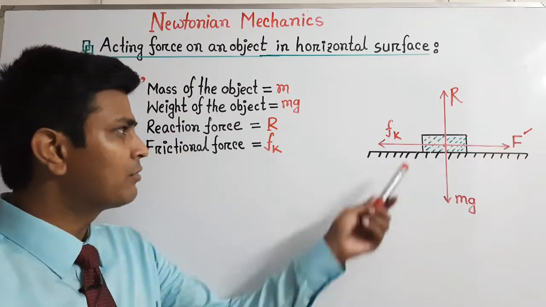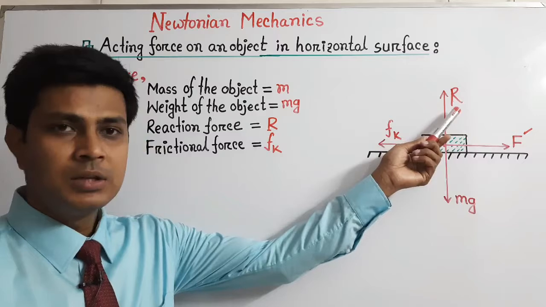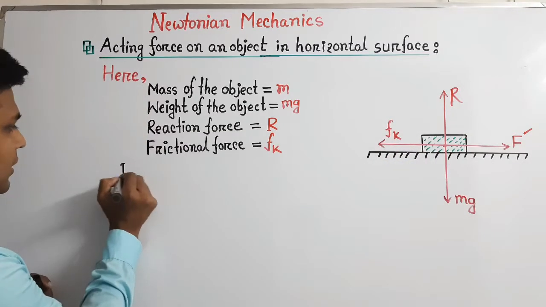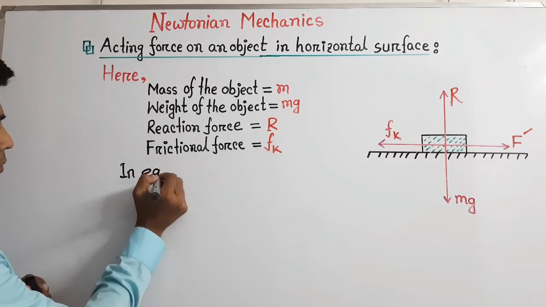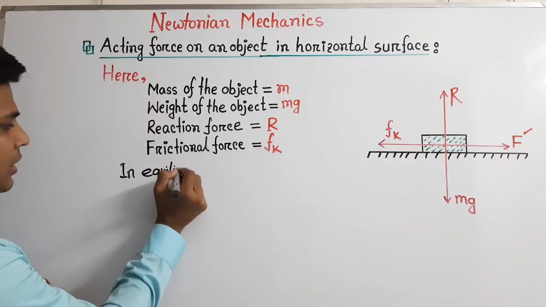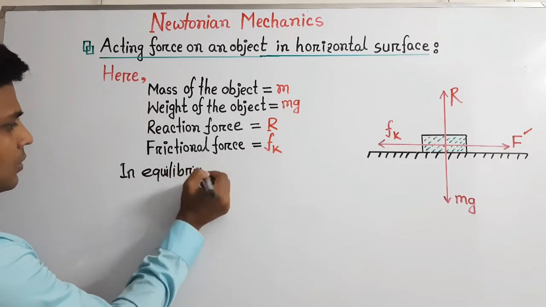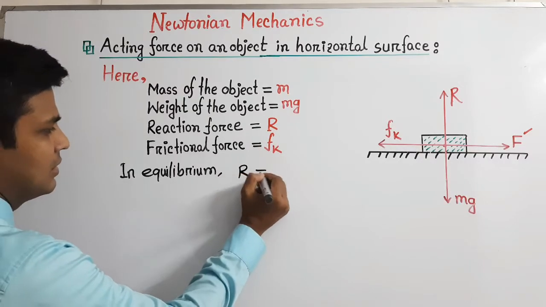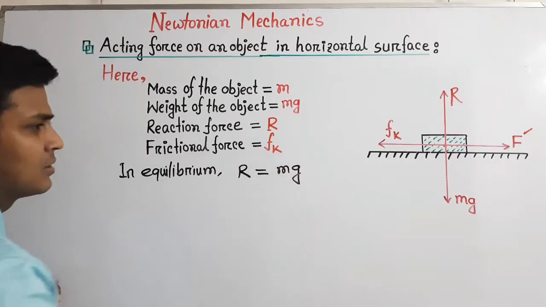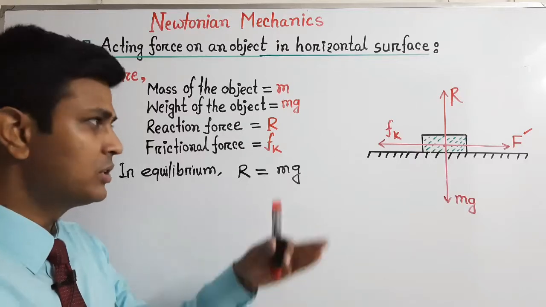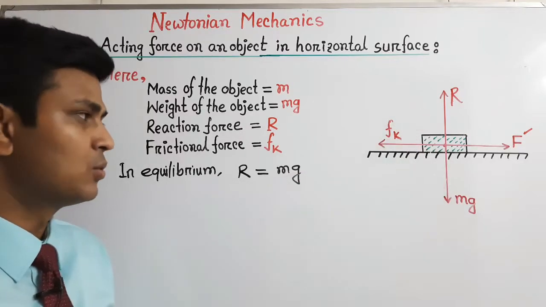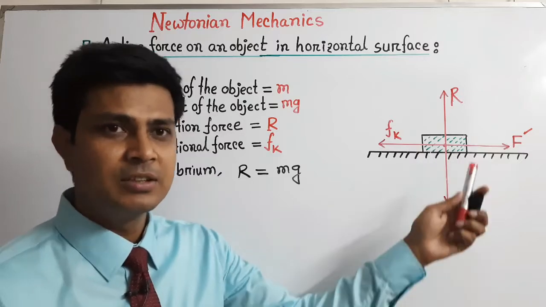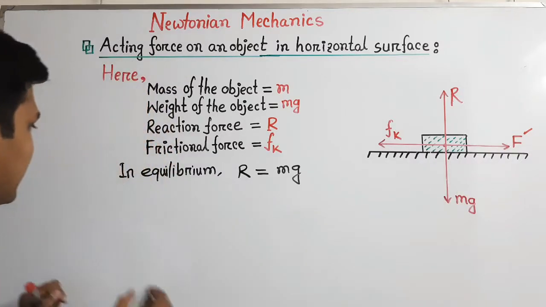From the diagram we can write that the reaction force is equal to the weight. So in equilibrium, this reaction force R equals the weight, because these two forces act in opposite directions but are equal. Now if that object moves with acceleration in the forward direction, then